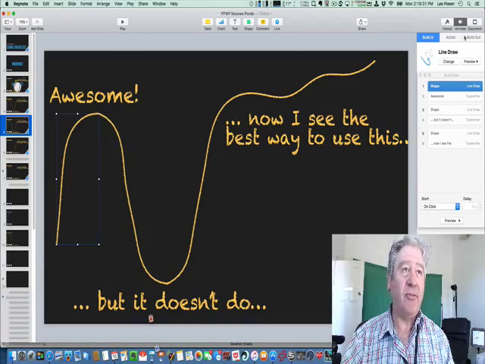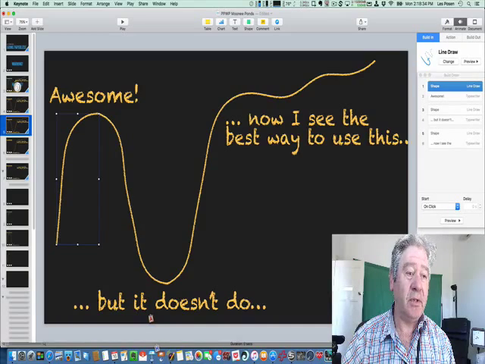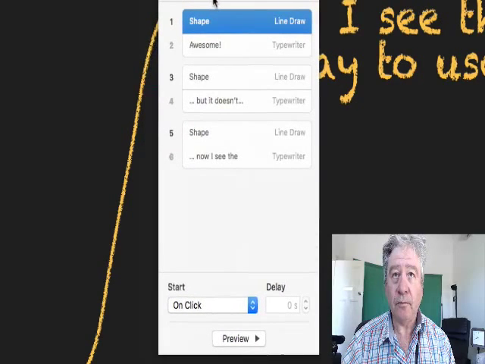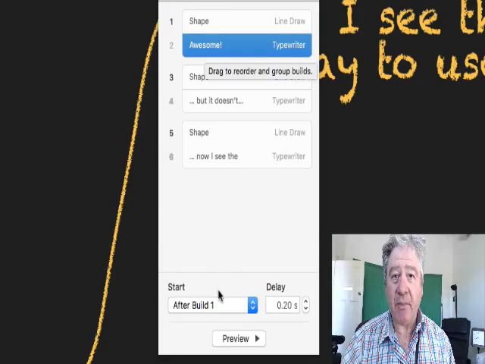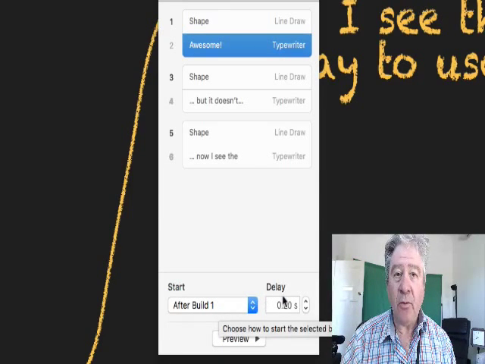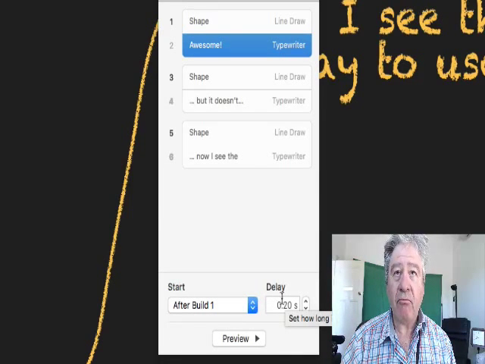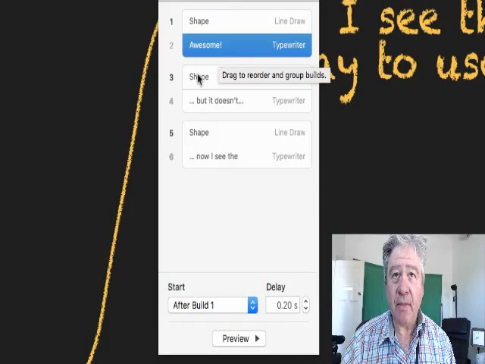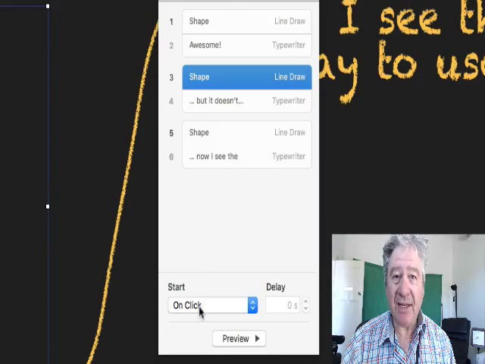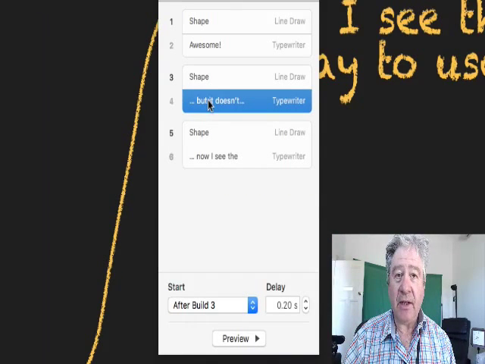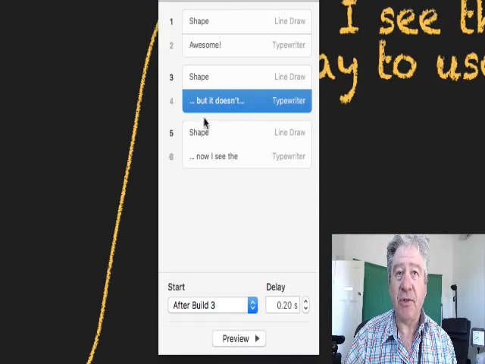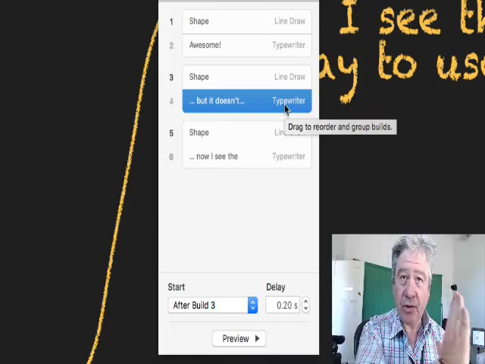And each of these, if we go over to the build order, which is here, you can see the shape comes in, and after it's come in, it ends up the top with a slight delay, is the word awesome. Click, shape, click, the next shape comes in, which is into the trough, and then again after a slight delay when it finishes, I want them quite discreet, in comes the words using the typewriter build,